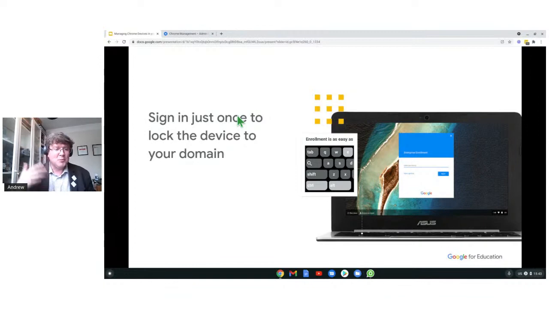Some people may have seen there are some third-party tools out there that allow you to put a little memory stick in the device to bulk enroll, if you don't want to press Control Alt and E a lot of times when you're doing lots of devices. But one of the big things that Google announced about 2-3 weeks ago at the Learning with Google event was